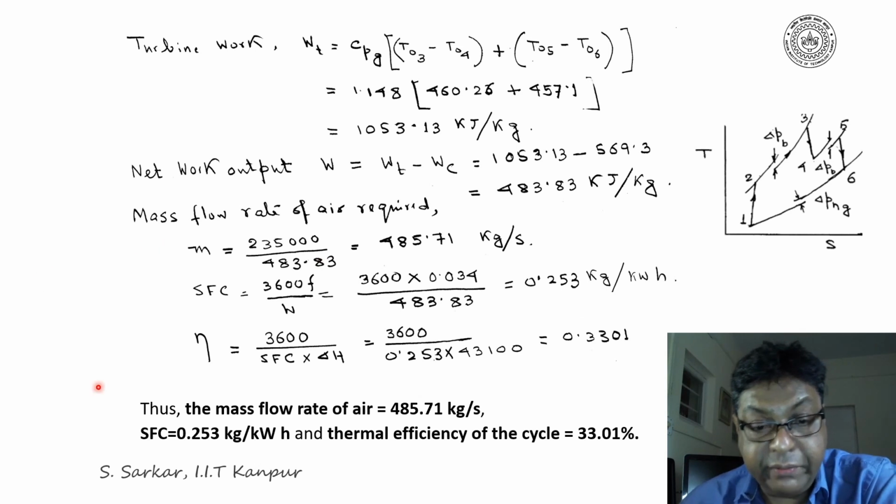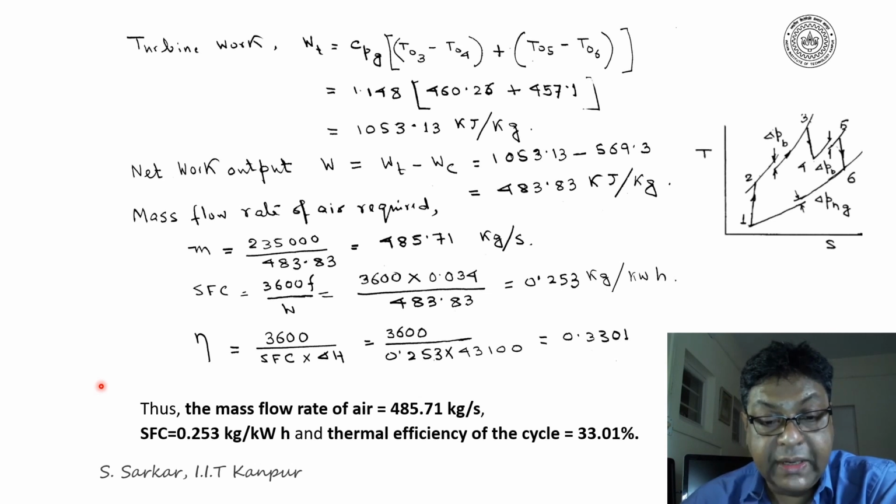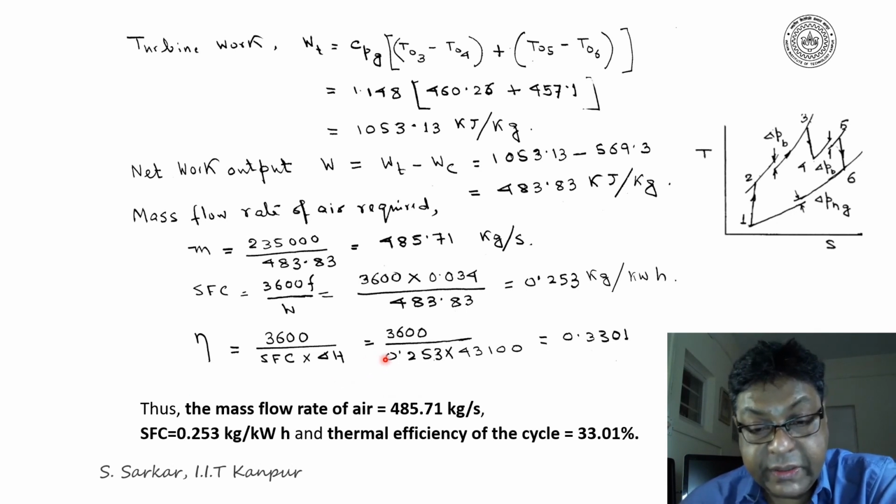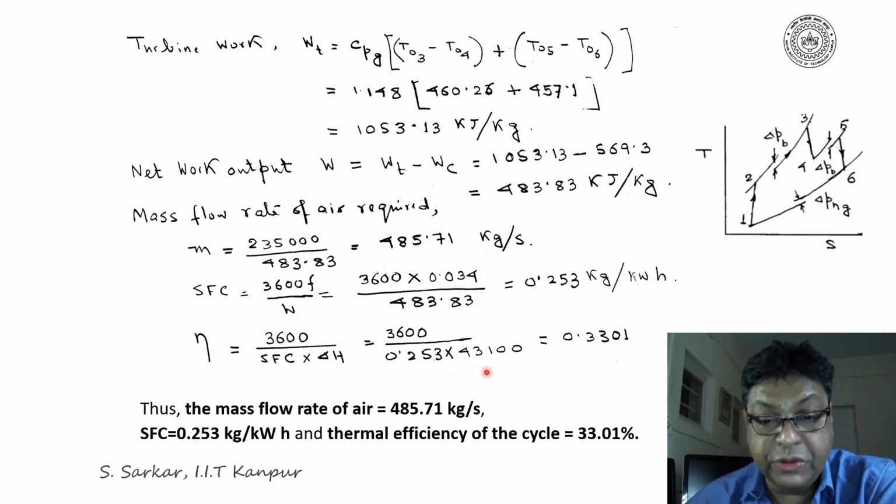Now efficiency can be evaluated from specific fuel consumption, which is equal to 3600 by SFC into del H. Del H is equal to calorific value of fuel, that is 3600 divided by 0.253 into 43100. If you evaluate this, it will be 0.3301. Thus, I have got all the required values, and the answers are